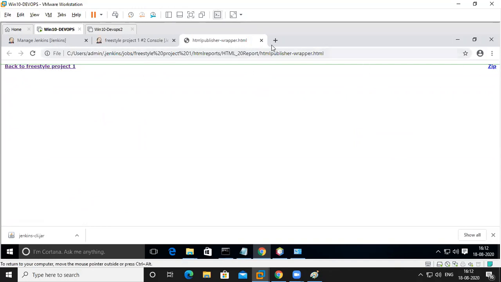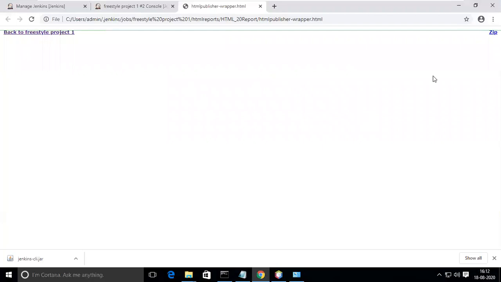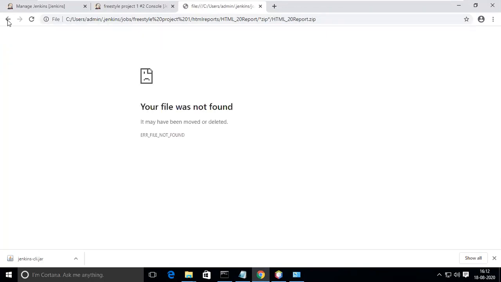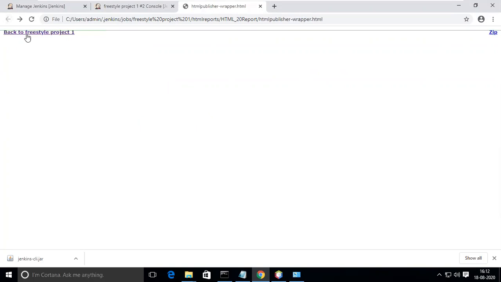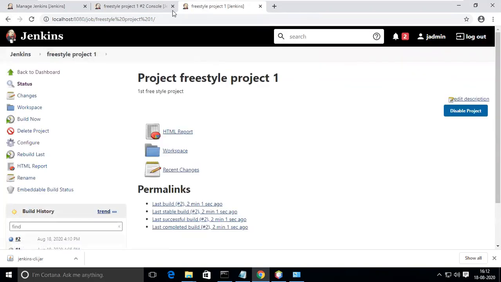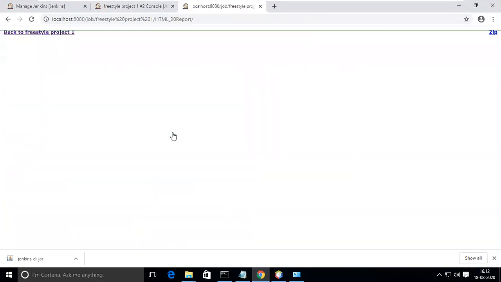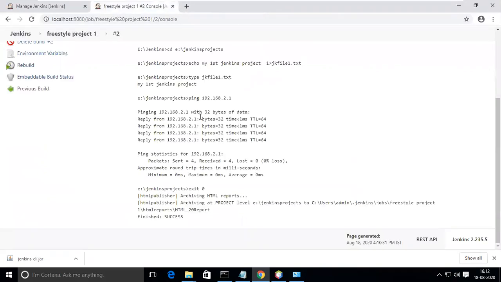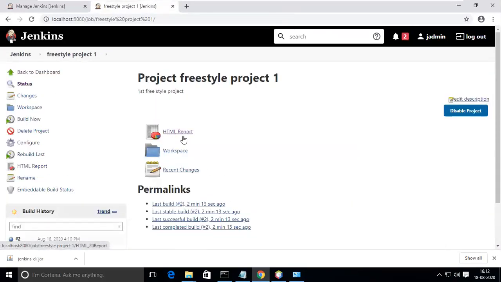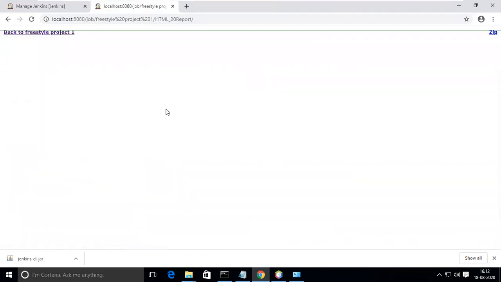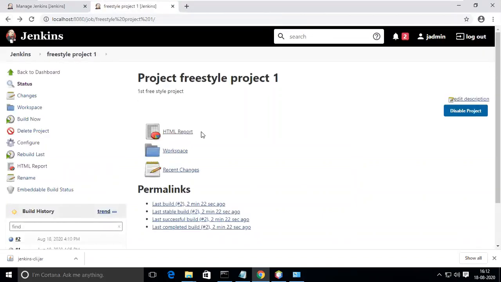Something zip is showing, but it is not showing completely. Why is it showing a line here? Index.html is there now. Something happened. Okay, it's back to that portion. So yeah, HTML report is there here. Okay, no problem. So I'm going back to the project. So this is the report, but not showing anything here. Maybe it will show later. Okay, but that is how to do it.